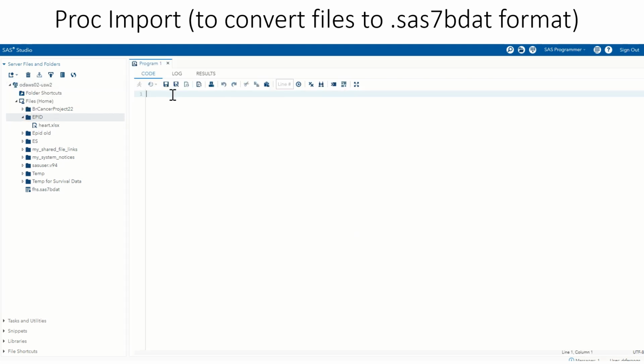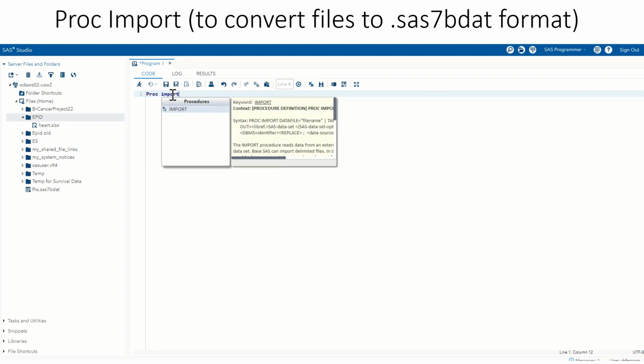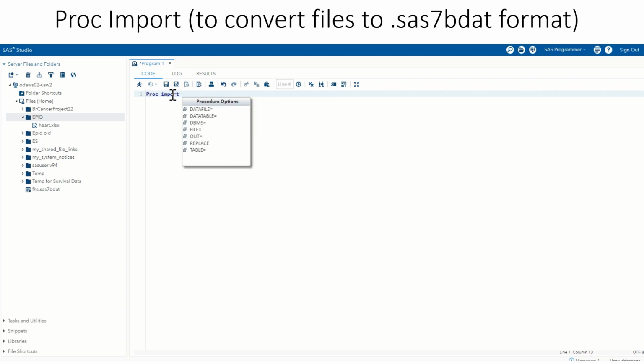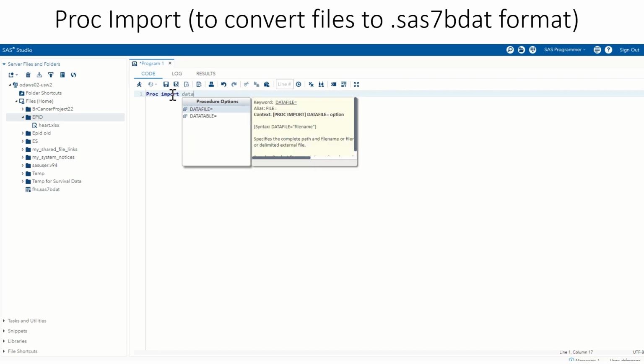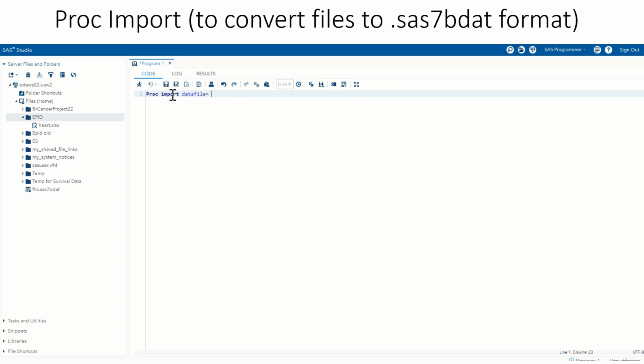The code for converting any file to SAS format is proc import, which is of course slightly misleading. It should have been proc convert, but whatever, we have to live with this now. Proc import, and as you can see, SAS is already guessing our next step. Of course, we want to write data file equal, and next we will provide within quotes the name along with